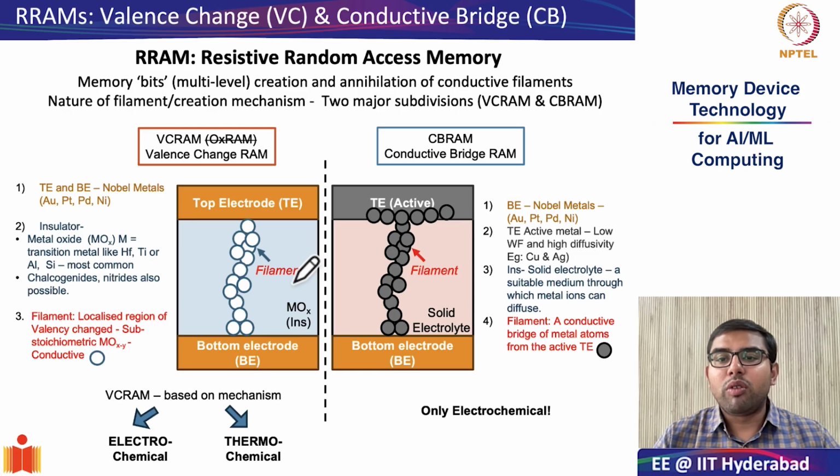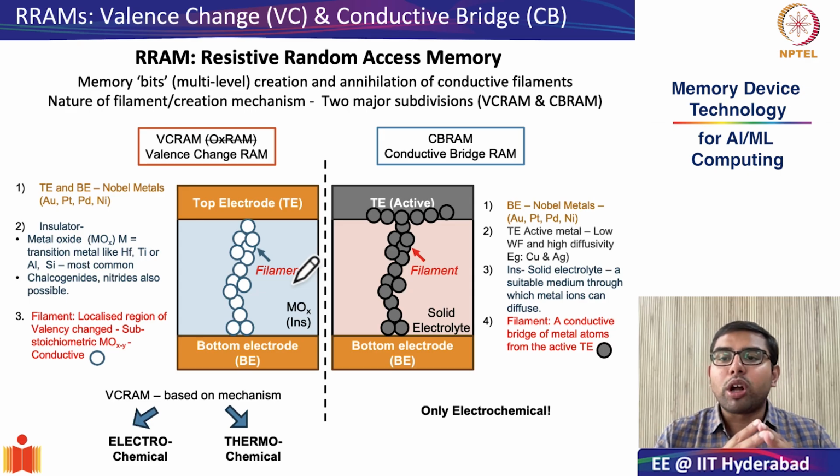Let's have a brief recap of what we were studying in the last class. We looked at the several physical mechanisms that occur in both valence change and conductive bridge RRAMs. For VC RAMs, we saw how the creation of the filament happens in the forming step or the set cycle, as oxygen ions are ripped away from the metal oxide, which forms the conductive filament. This conductive filament is comprised of substoichiometric oxide. This forming process is controlled through the application of a compliance current.